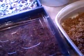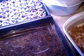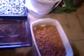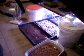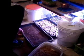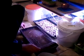And what we're going to do is distribute these into this tray here, and we're going to try to have a continuous supply of wheatgrass. So I am going to go ahead and do that right now. Let me put you down real quick, and we will distribute those wheatgrass seeds into this tray and see how that works out. Okay, good. Alright, so we're distributing the wheatgrass into the tray here,